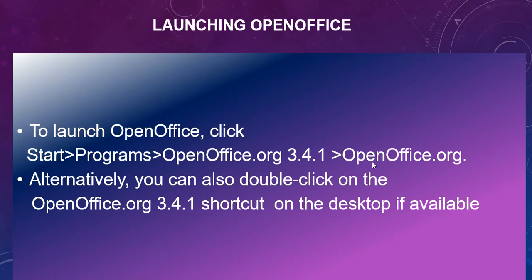Then you'll get a pop-up menu which consists of the applications under this OpenOffice package, like OpenOffice Writer, OpenOffice Calc, OpenOffice Base. OpenOffice Writer is used for creating documents, that is text documents. OpenOffice Calc is used for creating spreadsheets, which we learned in our previous unit. But in this unit we are looking at databases. For this you have to go to OpenOffice Base. OpenOffice Base is the software for creating databases in openoffice.org. Alternatively, you can double click on the openoffice.org icon which is available on the desktop.